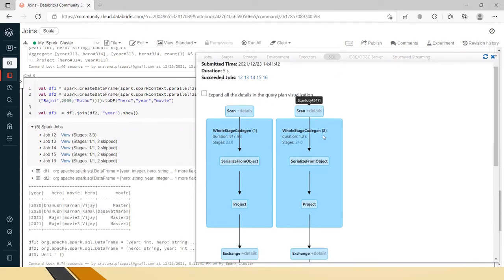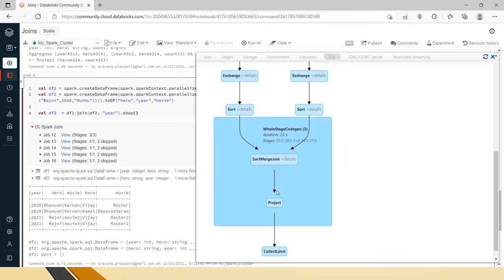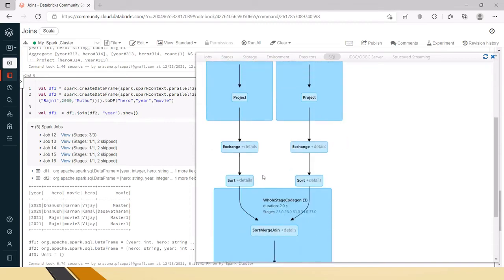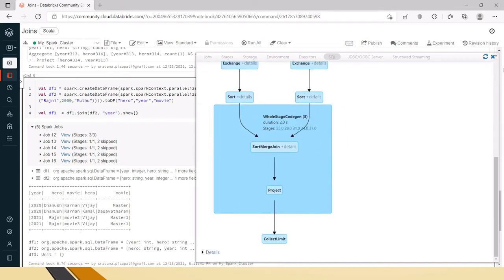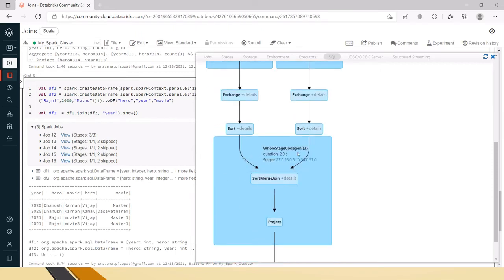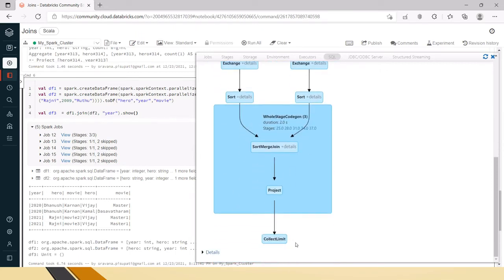open the latest task, and when you scroll down it will give the first scan, which means that we are creating the data frames and performing some operations, and by default it has applied the sort merge join because that might be the best physical plan taken out of this join query that we have. Then finally the collect limit, we have the show. So this is the default DAG it has created, and this is the sort merge join it has selected and applied.